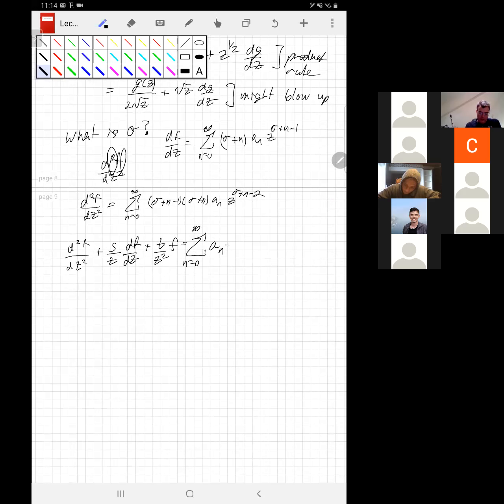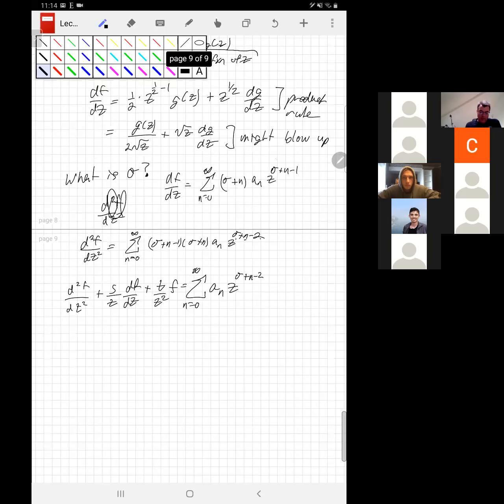Everything has an an. Everything has z to the sigma plus n minus 2. Because the second derivative has sigma plus n minus 2 from taking two derivatives. The first derivative, I only subtract 1 from taking the derivative, but then I divide by z. And the function, well, it should just be sigma plus n, except I divide by z squared, which subtracts off a 2. So I get sigma plus n minus 1,